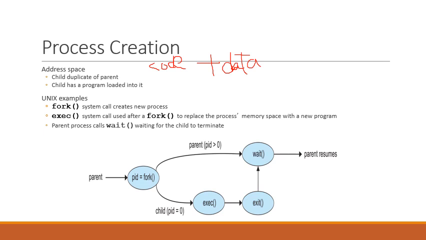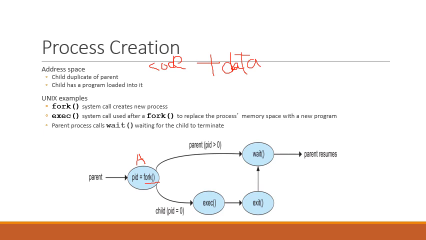For example, in this figure, it is shown that the parent process has executed the fork system call to create a child process. So if this is process A, the parent process, this process A is going to create a child process. So what it has to do, it has to execute the fork system call. The semantics of the fork system call is that the fork system call creates a new process that will be the child of this process A.